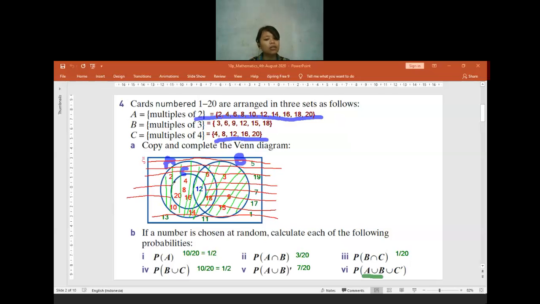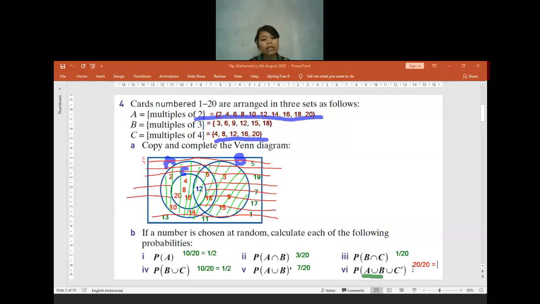So it means we have to take everything. So it will be 20 out of 20, which is equal to 1. Is there anyone who is confused or still does not understand? Because it says union. If it is union, we have to add more. But if it is intersection, we only take where the part is shaded both red and green. But this is union, so we have to take whatever I put green and also whatever I put red.